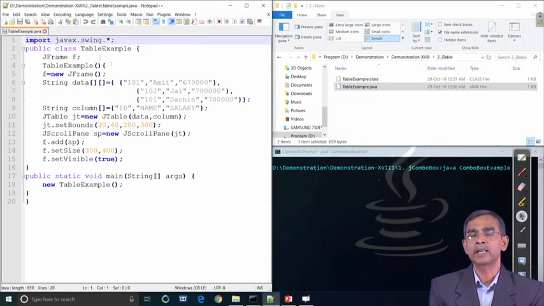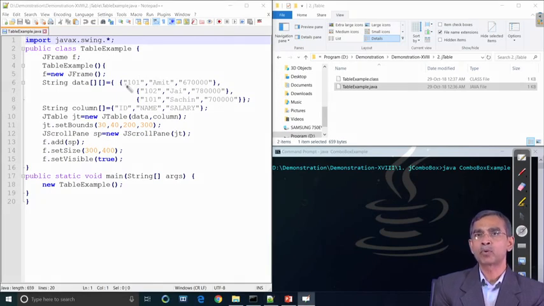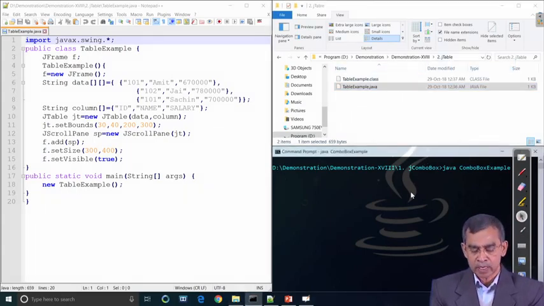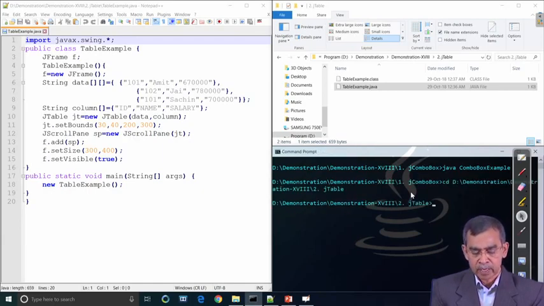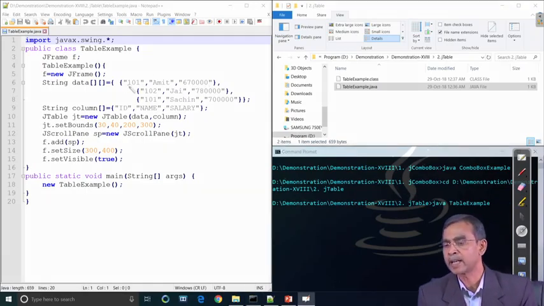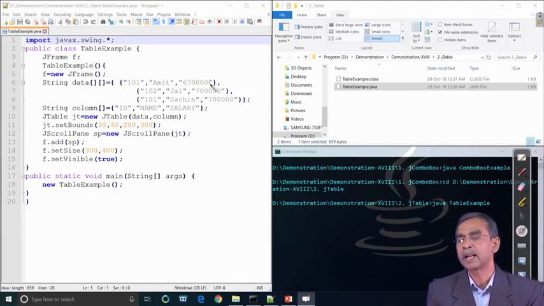A table is basically a collection of some rows, the rows contain the data, and there is a set of columns, those columns are basically called the attributes. So, we are going to define one table which has 3 attributes, and the 3 attributes are ID, name and then salary. As you see there, the string column is an array which includes the column headings for ID, name and salary. So, this is the way that we can do it.